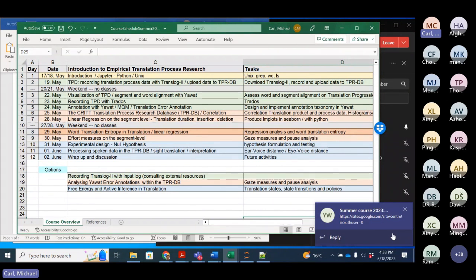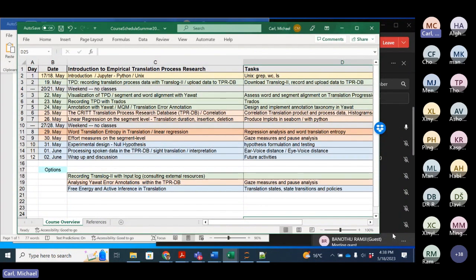So this is textual data, and then we have behavioral data, which means basically keystrokes and gaze data. If we have an eye tracker, we have keystrokes and gaze data, that would be behavioral data, and we can then relate these behavioral data, so the process data, and the product data. And this will become very clear in the next couple of sessions, how that works and how we can proceed with this. And this linkage of process and product data is done semi-automatically